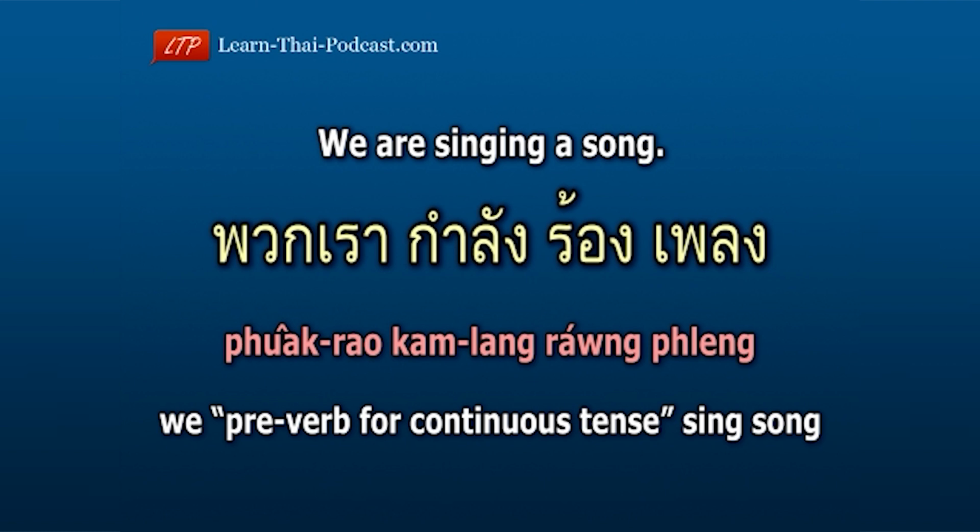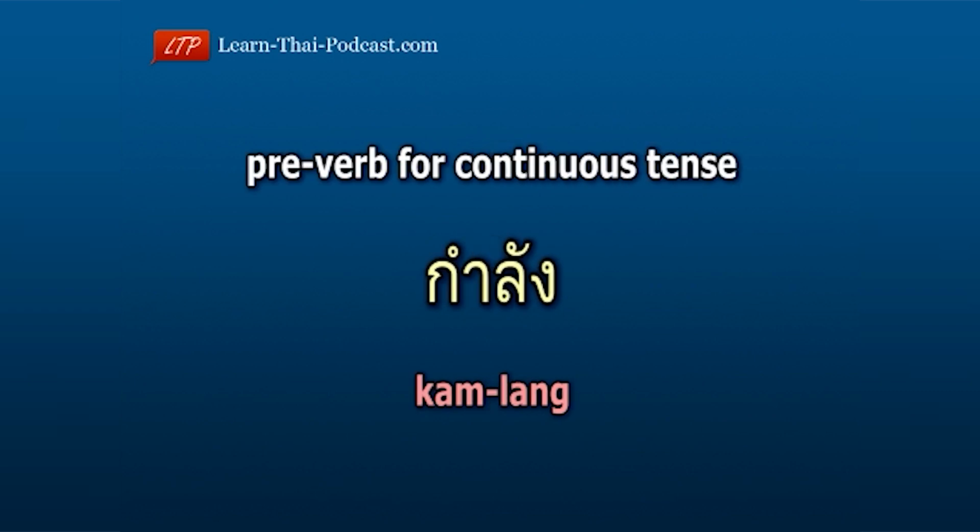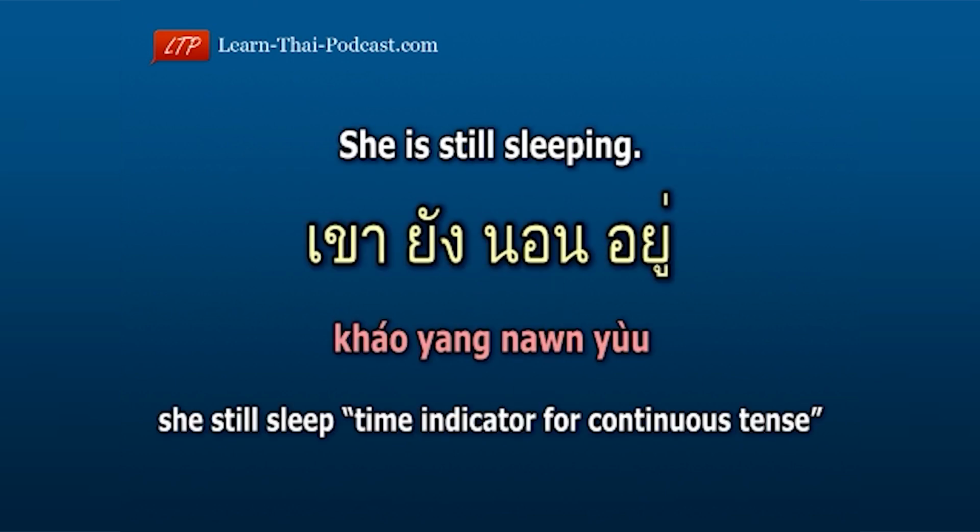When you talk about an ongoing action with the word ยัง which means still, then the word กำลัง is omitted. Here are some examples. She is still sleeping. เขายังนอนอยู่. She เขา, still ยัง, sleep นอน, time indicator for continuous tense อยู่. She still sleep. Time indicator for continuous tense. เขายังนอนอยู่